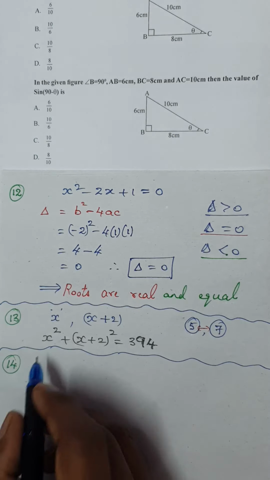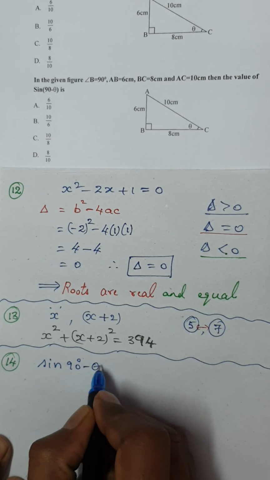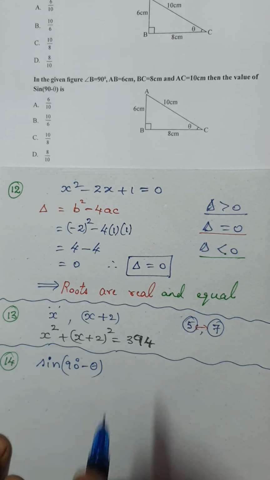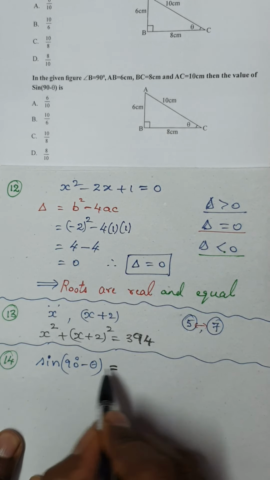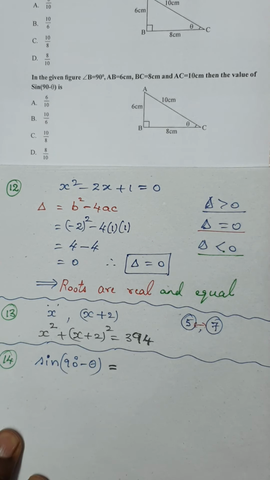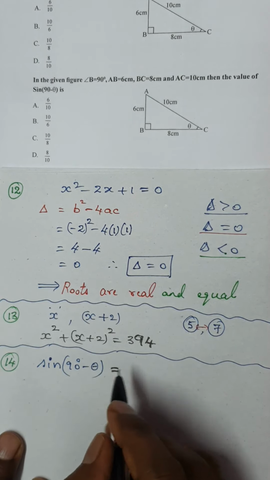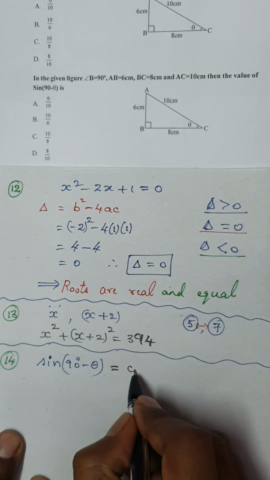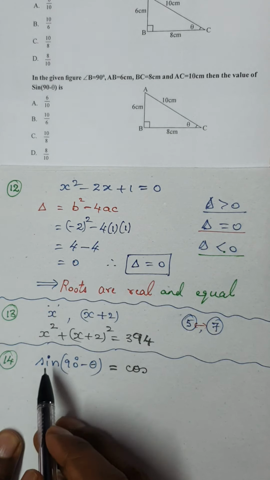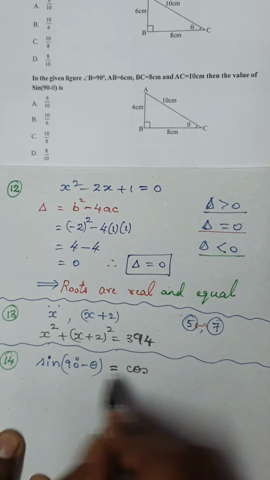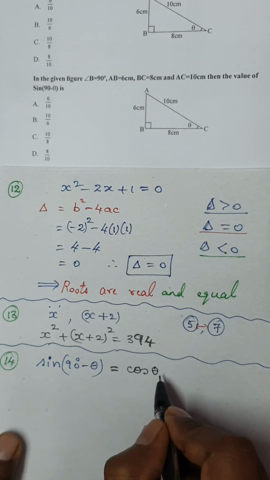Then the value of sine (90 degrees minus theta). Please be very careful, see how they try to confuse you. Nothing to be confused here. Sine of 90 minus theta. We know the complementary angle of sine. If you have watched my previous trigonometry chapter, I have told you the complementary angle of sine is nothing but cos. Complementary means friends, according to me. So the friend of sine is cos. They both share 90 degrees. So sine of 90 minus theta would be cos theta.